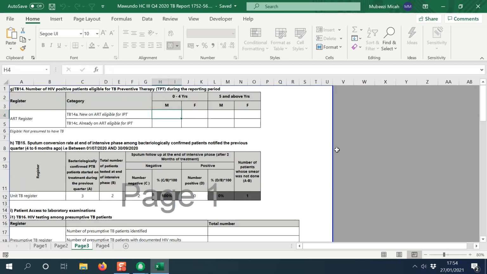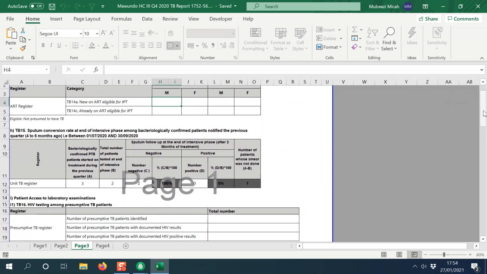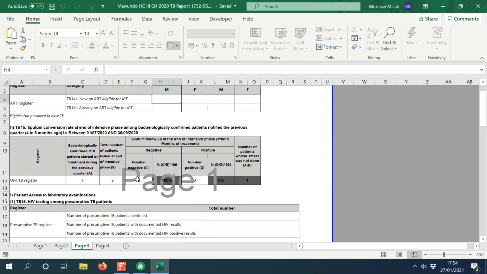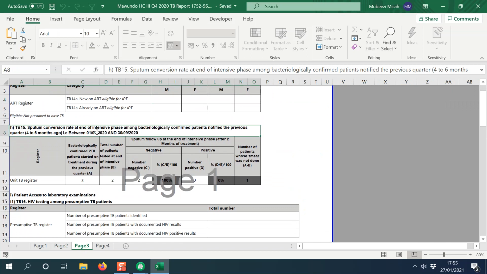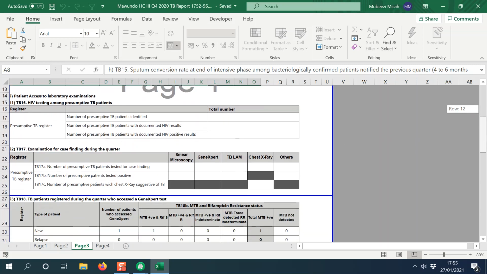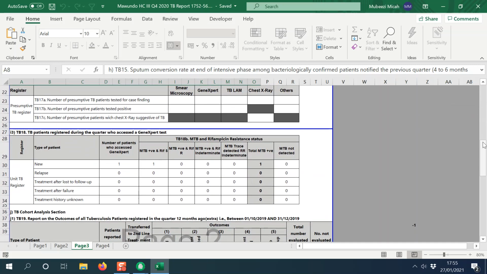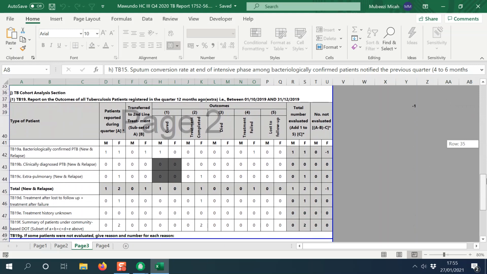Then we go to page 3. On page 3 of the report, here is the sputum conversion report. Notice that again the ETBR has intelligently selected the right quarter for the sputum conversion report. And then when we scroll down, it is about the GeneXpert, and